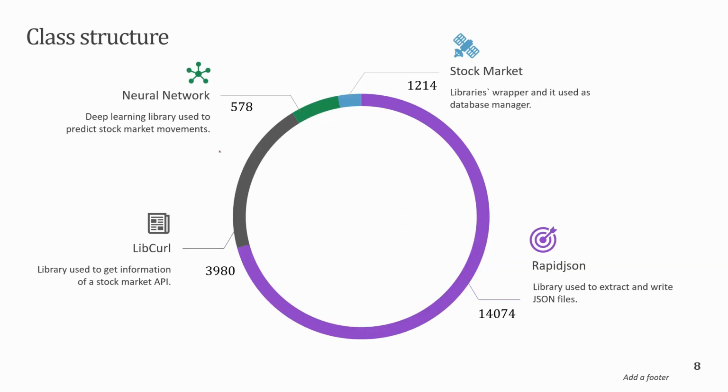The class structure that I've used is this. You can divide the project into 4 different libraries or classes. The first one is RapidJSON, which I've used to extract and write JSON files. The libcurl library, which I've used to obtain the stock market data from extrading.com. You can search it if you want. The neural network class that I've made on my own to predict the stock market data, and the wrapper